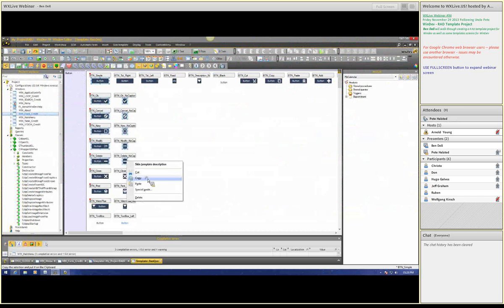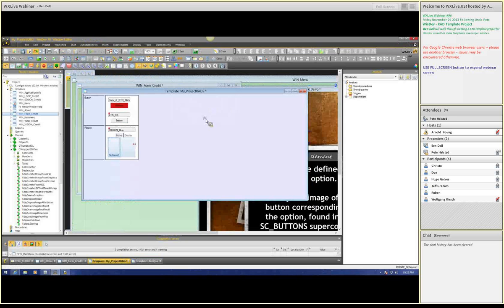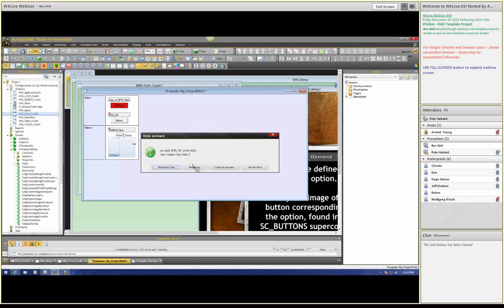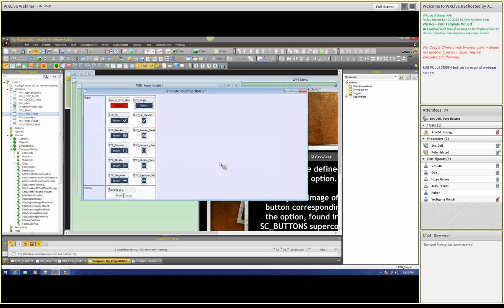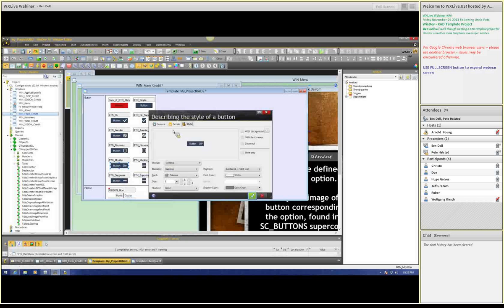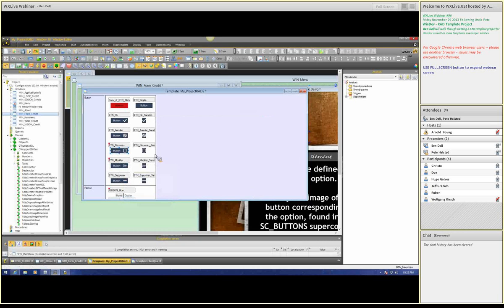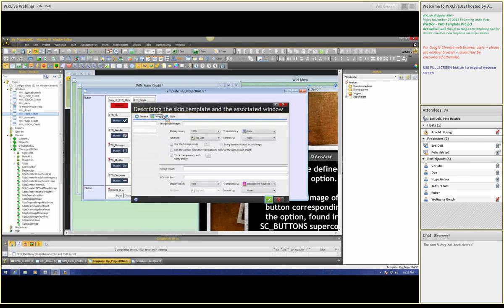I can copy them, and I can switch to my style. Come on. There we go. And I can paste them in there. I will replace those, and those are my buttons. So if I go there, and that's my modify button, and I can go and edit it, and I can say that is my default modify button, that is my default new button, and I say, oh no man, you know what,